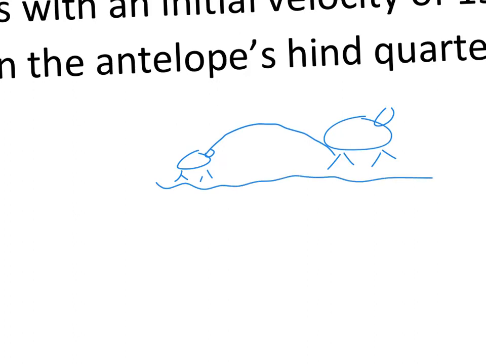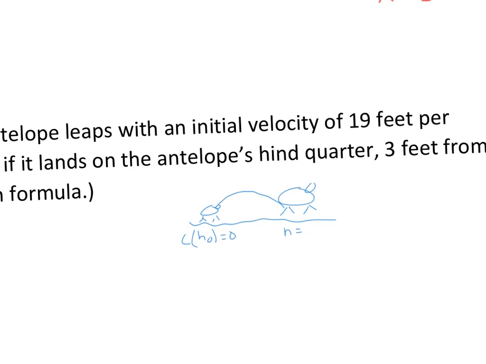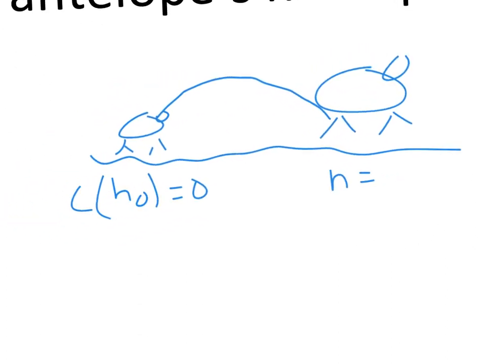So his starting height here, your start height or your h sub 0 or your c value, right? Depends on which one, is 0. He's starting on the ground. His finishing height, what'd they say? He's landing 3 feet from. So he's 3 feet off the ground would be his finishing height, and he's pouncing on top of this antelope,